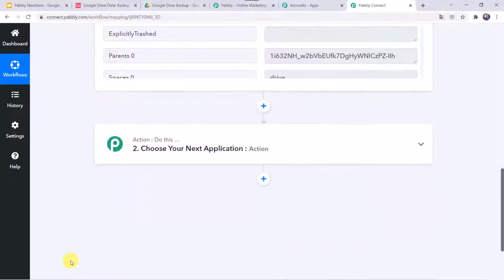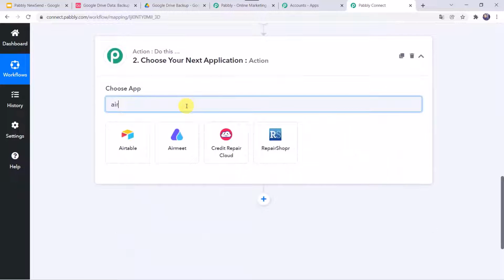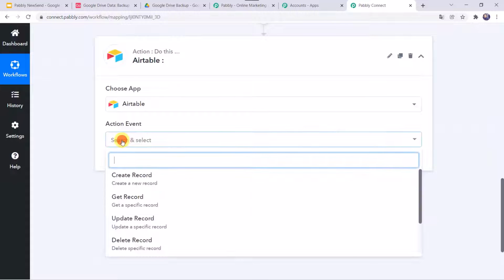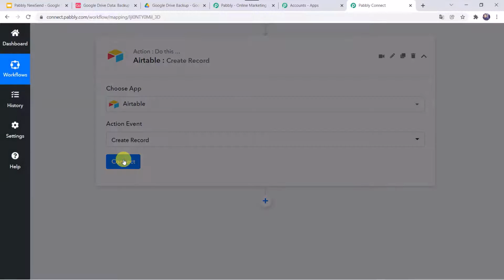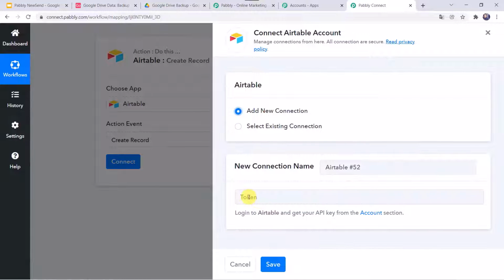For that, come to this action window. Here in the choose application, let us find Airtable. In the action event, we have to select create record. Click on connect. Click on add new connection. Now it is asking for the token. So let us read the